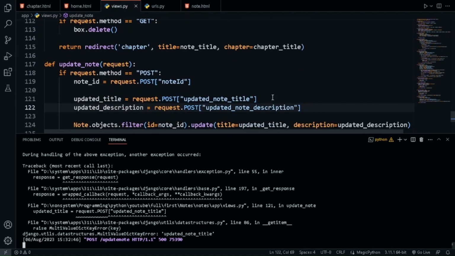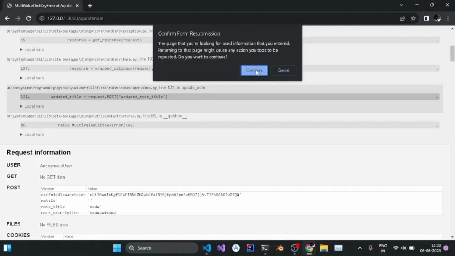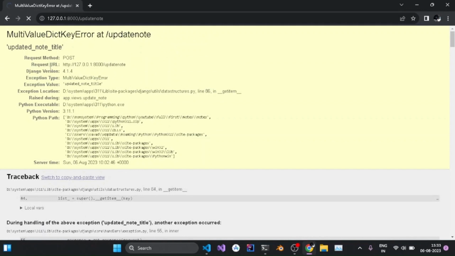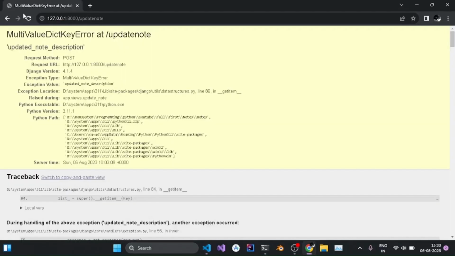Let me just access it the other way, using request.post.get, and then inside the parentheses I will put it. Let me try if it works or not. And when I refresh, now it is updated_note_description. So I will just use this syntax this time. Refresh,